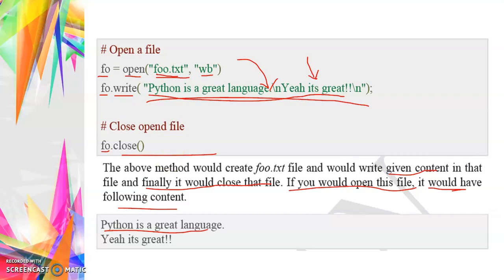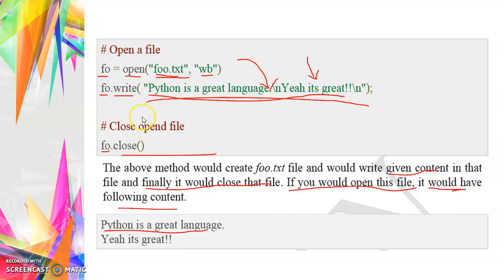In the foo.txt file, I'm going to write some content: 'Python is a great language!\n'.